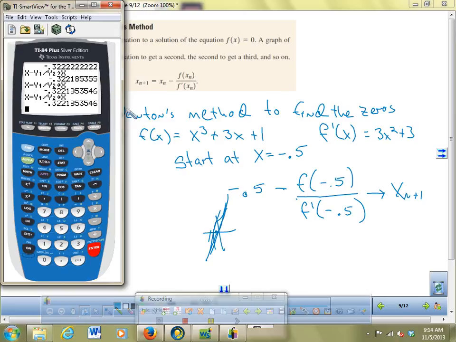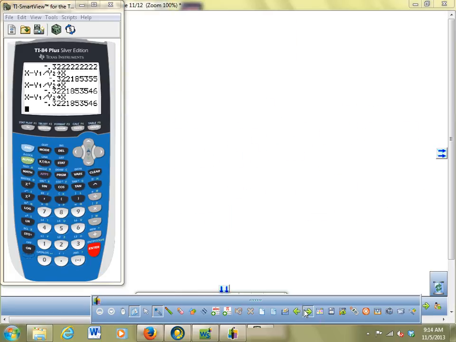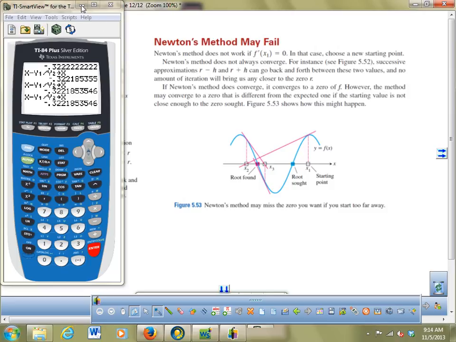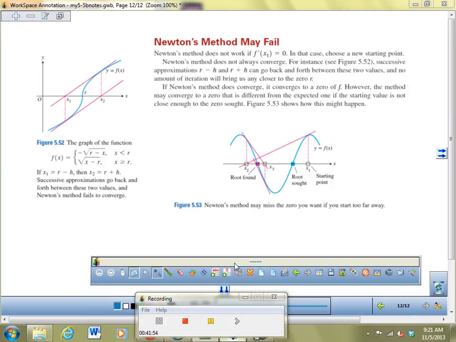It doesn't matter if you start in front or behind, as long as you don't start too far in front. I guess it doesn't matter if you start in front or behind. But beware. They have some bewares. It was really weird. It went to negative 0.2 at the first thing, and then